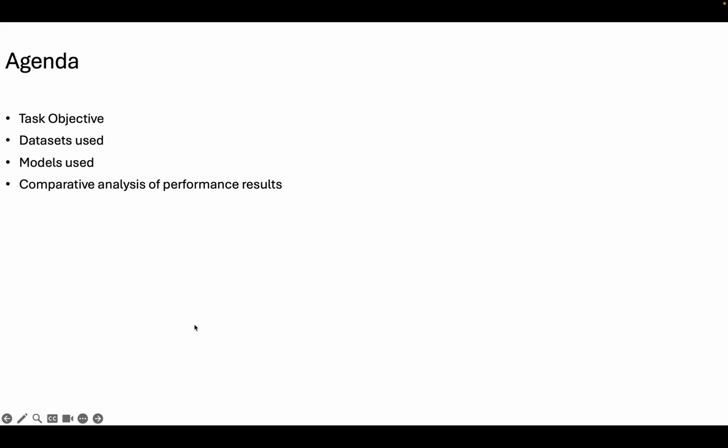So yes, the agenda for this presentation is to talk us through the objective of the task, the datasets that we used, and the size of the subset of datasets that we used to fine tune the model, the models that we used, and sort of compare their results